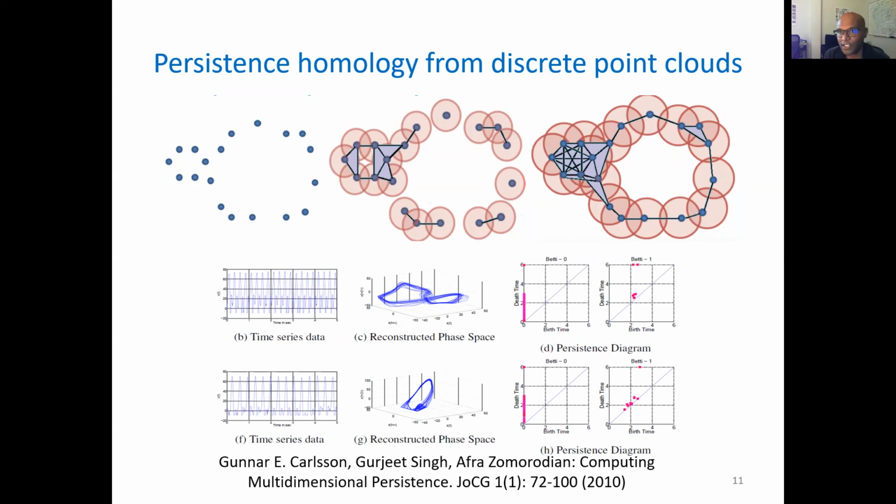TDA features working for real human movement data captured from motion capture devices. So on this bottom left panel, what you're seeing is time series data from a motion capture experiment involving reaching actions. Okay, I'm sorry, this is synthetic data extracted from one of these standard attractors, and we will soon see how this works for real data.